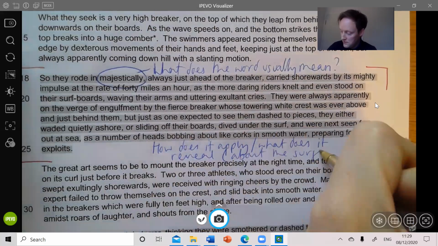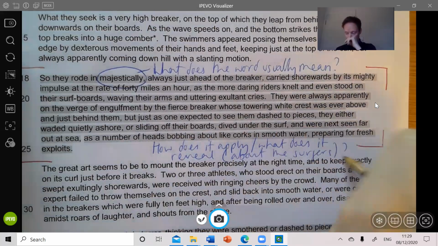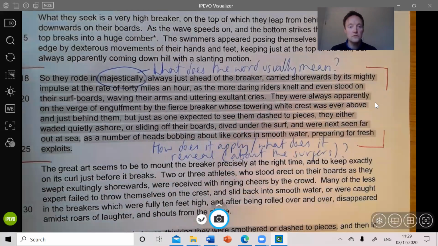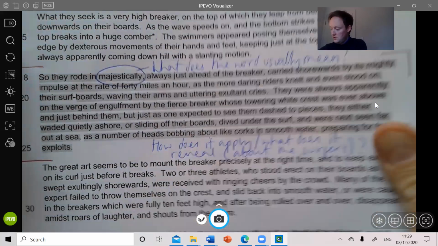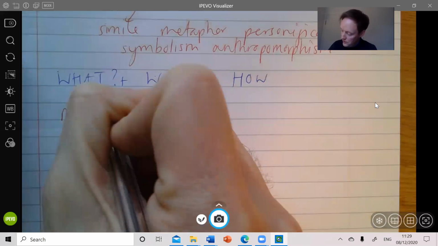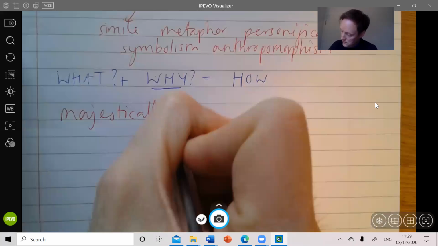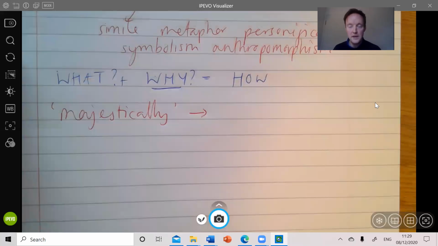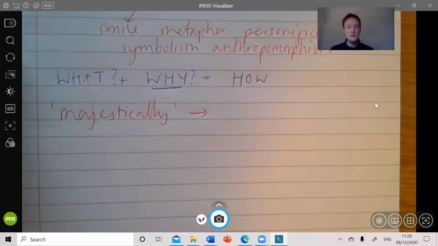In this case, it's about the surfers, isn't it? Because it says that they rode in majestically. So what does the word majestically usually mean? What are its typical connotations? Now, for the sake of making this video easier to use, I'll write it on the piece of paper. But what does majestically usually mean? I'm pausing there to give you a chance to think, not because you necessarily have to shout out any answers, but majestically,